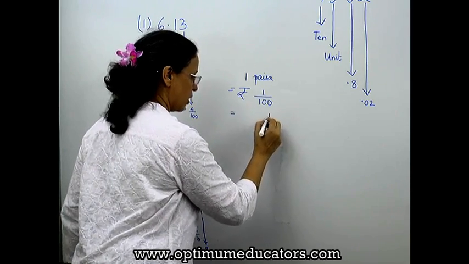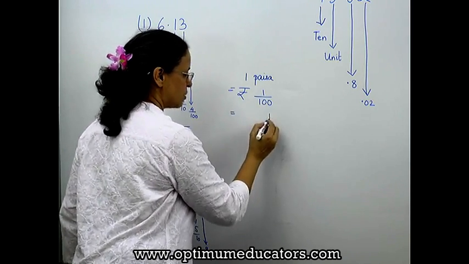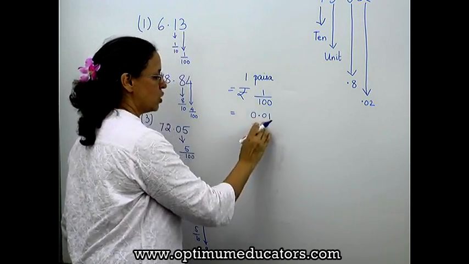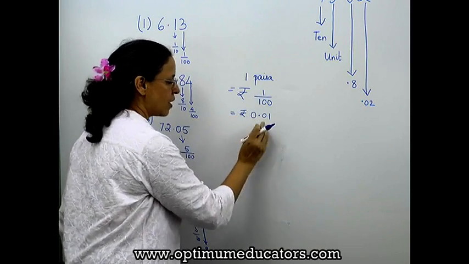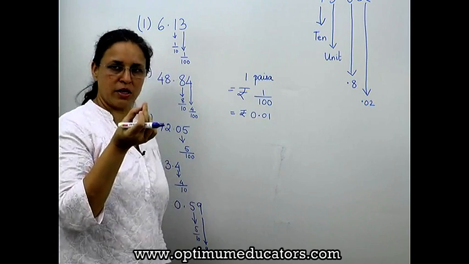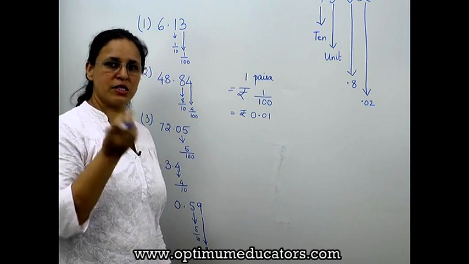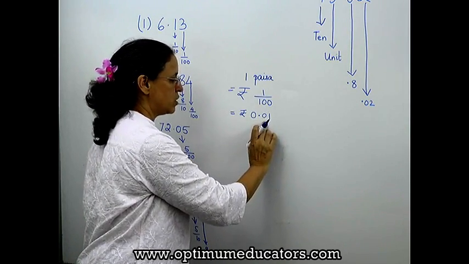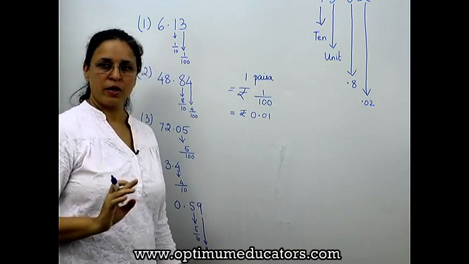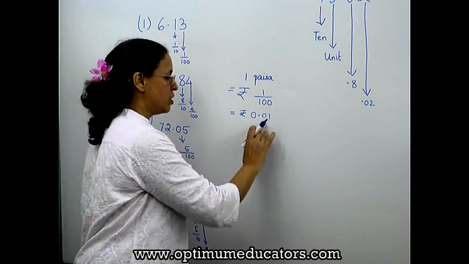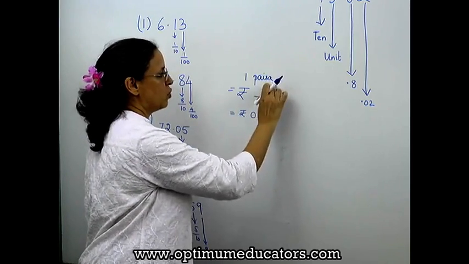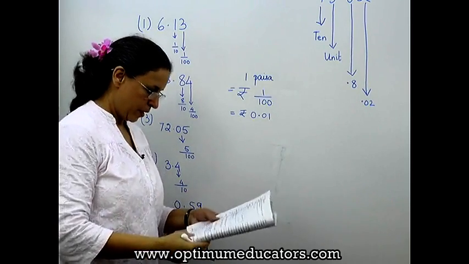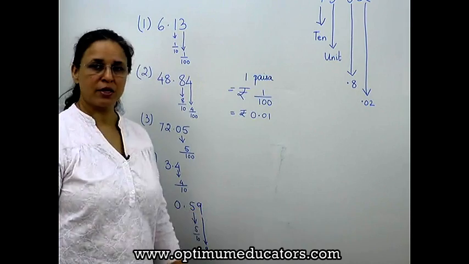We will write it as 1, but we need 2 placements, 1, 2, so here you'll have a point, so 0.01 rupees. So when we take this small part of a rupee, we have taken only 1 paisa out of 100 paise. So we will call it 0.01 rupee. And if we say paisa, then 1 paisa. Out of 100 we have taken only 1 paisa. And 50 paise. So how much is 50 paise?